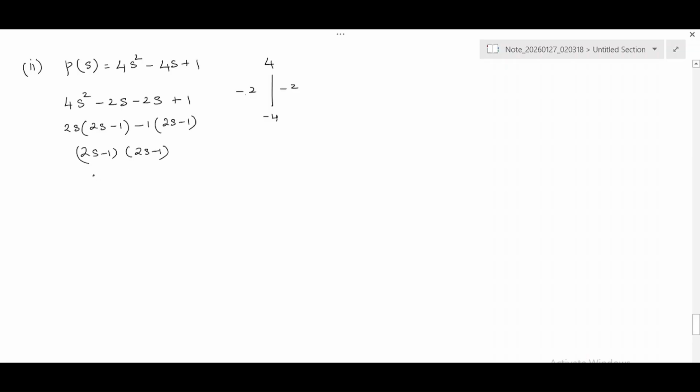So s is equal to half, half. So the zeros are 1 by 2 and 1 by 2. Okay. Now sum of zeros is equal to half plus half is equal to 1. Product of zeros,